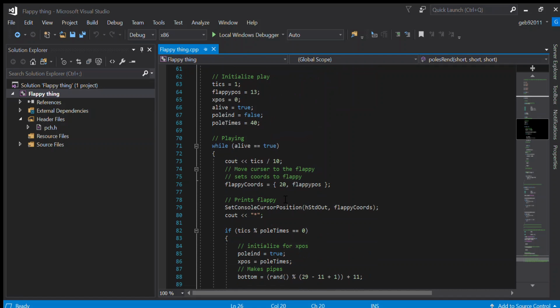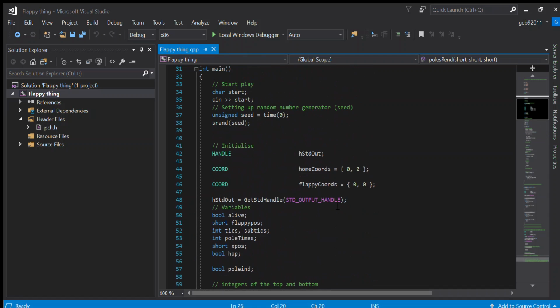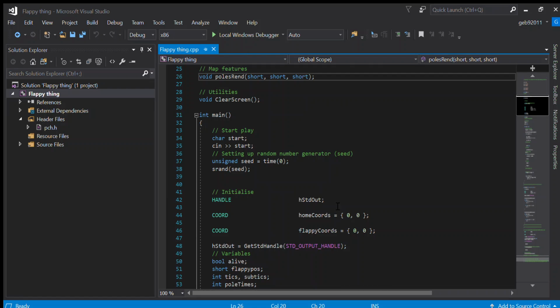Oh, here. So setting the cursor for the console requires shorts, well, shorts from the coords. If you're not very well versed in C++, how most of the Windows API works is it